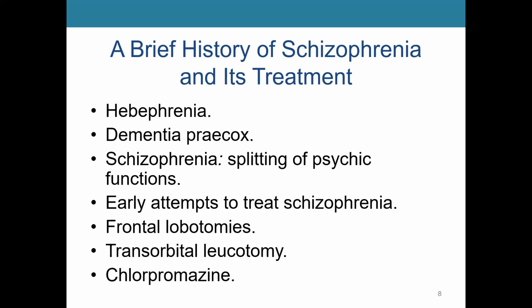Walter Freeman is known for the transorbital leucotomy. The first procedure involved the use of ordinary ice picks, thus leading to so-called ice pick lobotomies. During this procedure, Freeman punched the instrument up into the frontal lobe through the inner corner of the eye socket. He then moved it around within the frontal lobe to destroy the brain tissue.